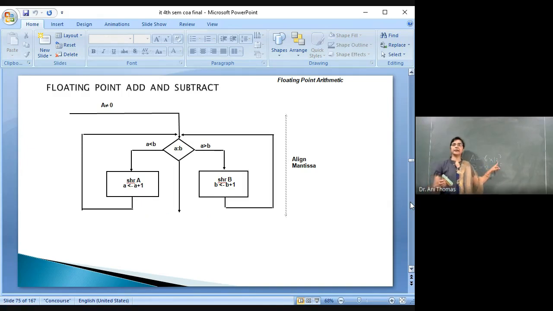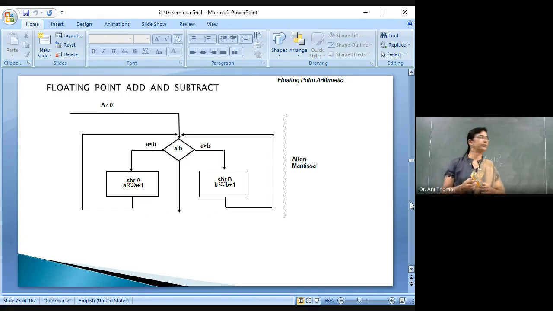So, aligning the matrices means we have to make the values common, as 3 has to be changed to 5 or 5 has to be changed to 3. Anyway, we have to bring it to a common value. So either we change this 3 to 5 or we change 5 to 3. So we have to take a common procedure.